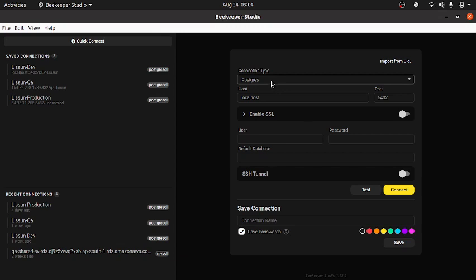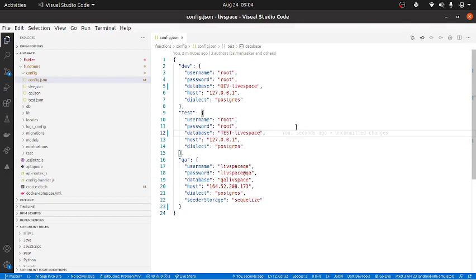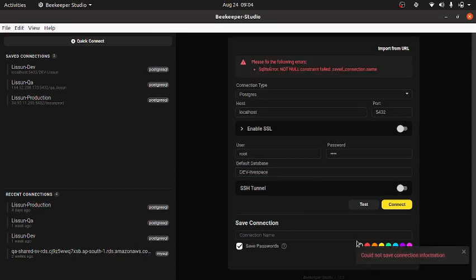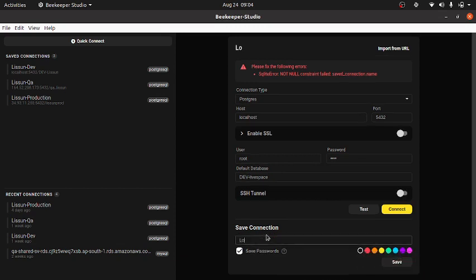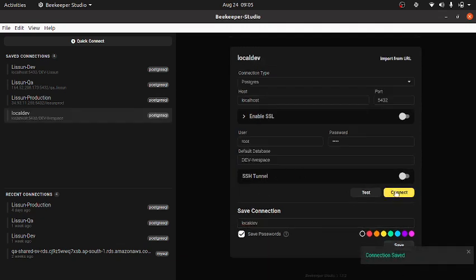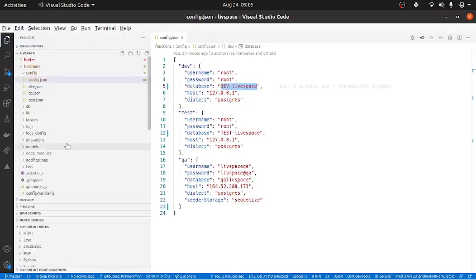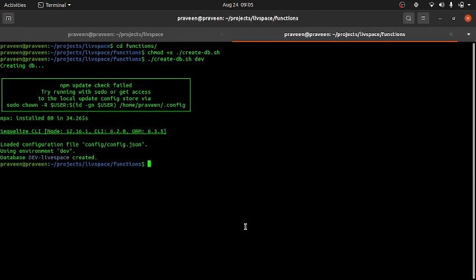So create db is done. So I'll just make sure localhost, this one, and the credentials is root dev live space. Okay. The name is... okay.